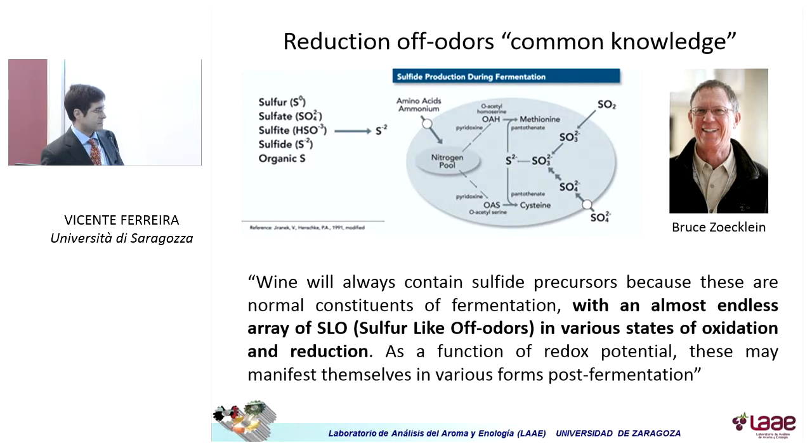Okay, what he says is that wine always contains sulfide precursors because they are normal constituents of fermentation and they are present in a number of different states of oxidation, and that depending on redox potential